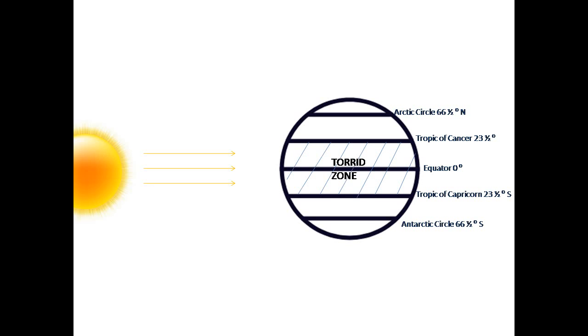We have three Earth zones. They are the Torrid Zone, Temperate Zone and Frigid Zone. Let's see them one by one. Between the Tropic of Cancer and the Tropic of Capricorn, the rays of the sun fall directly. All latitudes of this region will get sunlight overhead at least once in a year. So this area receives maximum heat and it's said to be the torrid zone. Torrid means hot and dry. India is in the northern hemisphere and it lies above the equator.